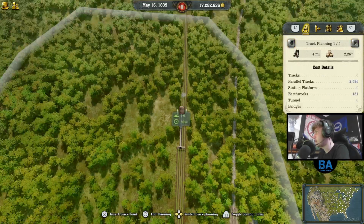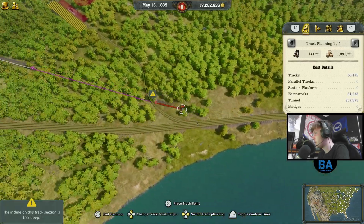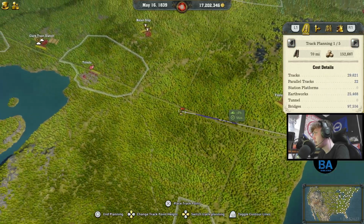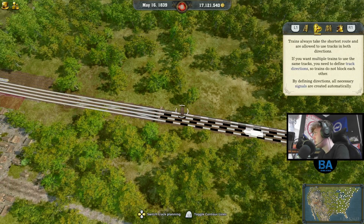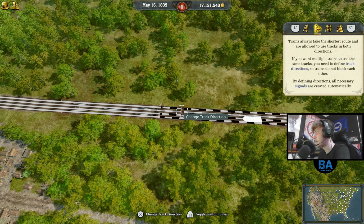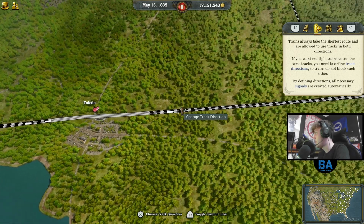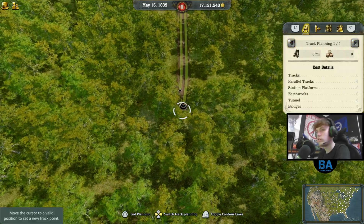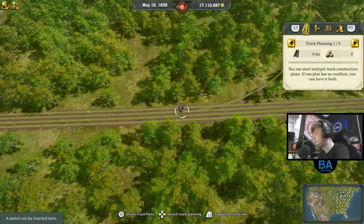Right, and this can then come along all the way. Well, I suppose to there for now. We'll have to go, and then we'll do that again to there. So you probably shouldn't do that just yet, as it'll probably reset. Cool. Just check in. Yeah. And then connect this up. Quite important we do, because quite a lot of services go down this way to, I think, Nashville. Actually,